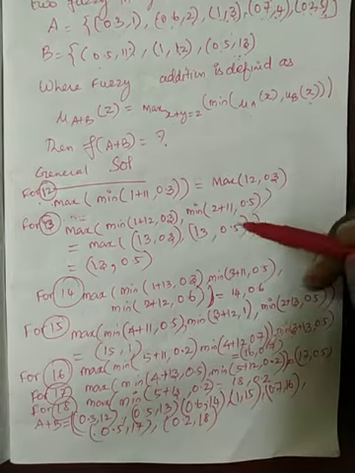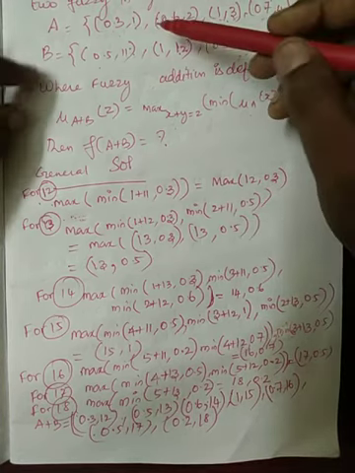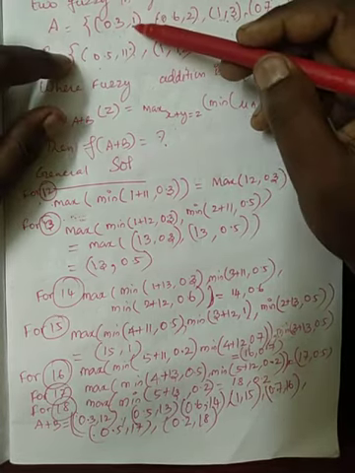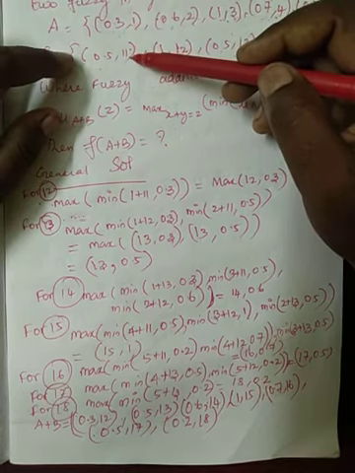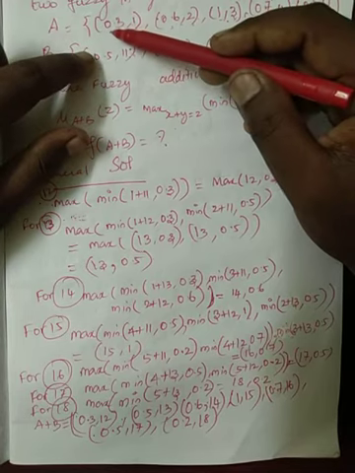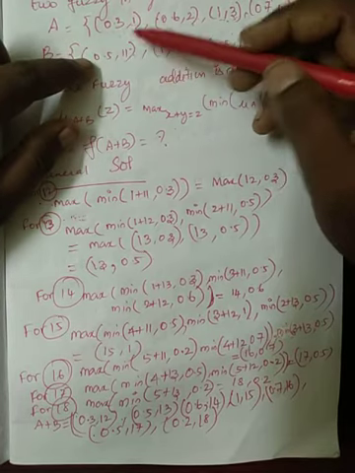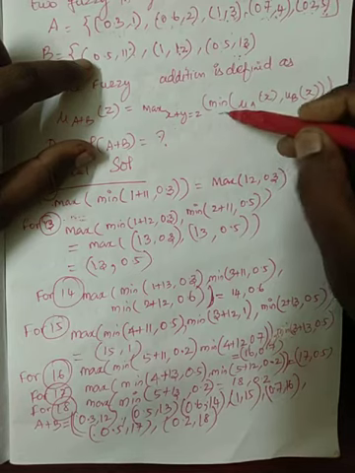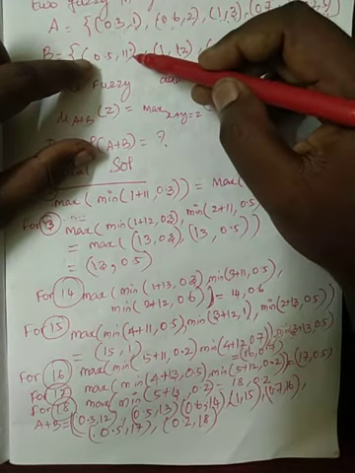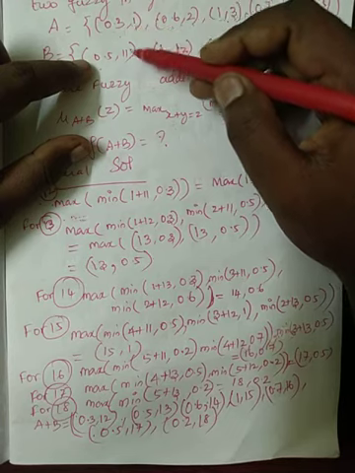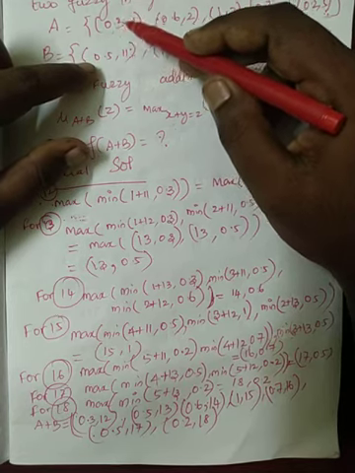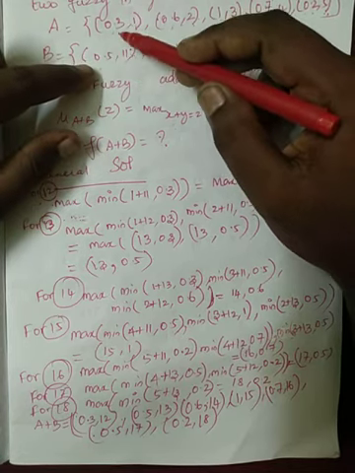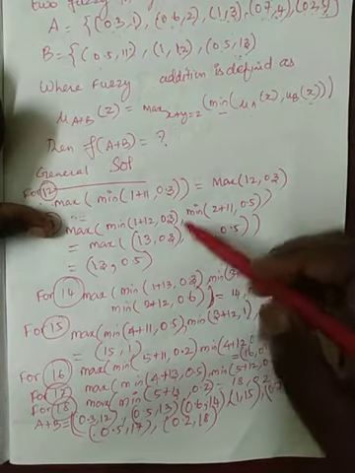Okay, so now I'll tell you. Suppose we have two sets. If you want to add one set element with another set element, then first we want to compare its corresponding degree of belief. So here internally we want to take the minimum. Okay, for example here 1 plus 11 equals nothing but 12. So then we want to take its minimum degree. Okay, which means degree of belief 0.3 comma 0.5, which is nothing but 0.3. Okay, so that is represented here.